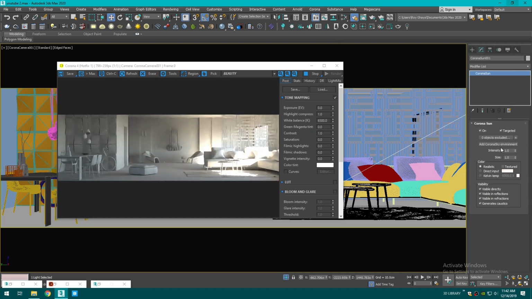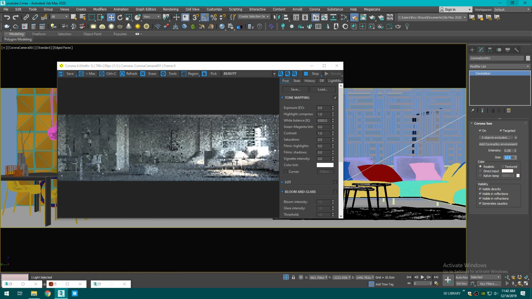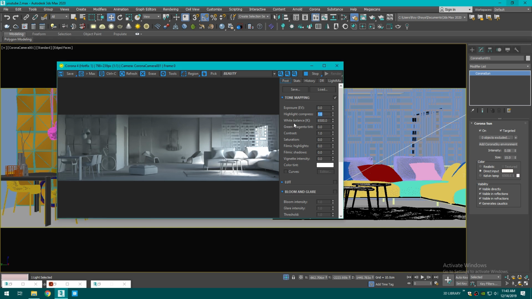and the sun is going to be an intensity of 0.08, the size to 12, maybe 15, and the color of it is going to be direct input. Okay, let's highlight compress this to 3 so we don't have light burn, as you can see here. So highlight compressing will help with clearing up the burns in our lights. Okay, so this is our first light source,